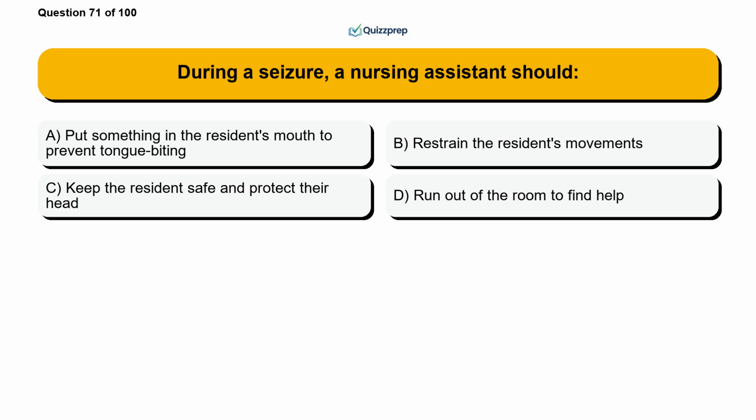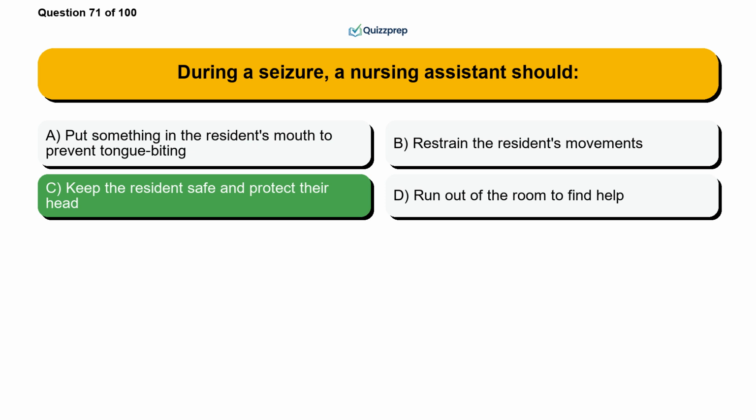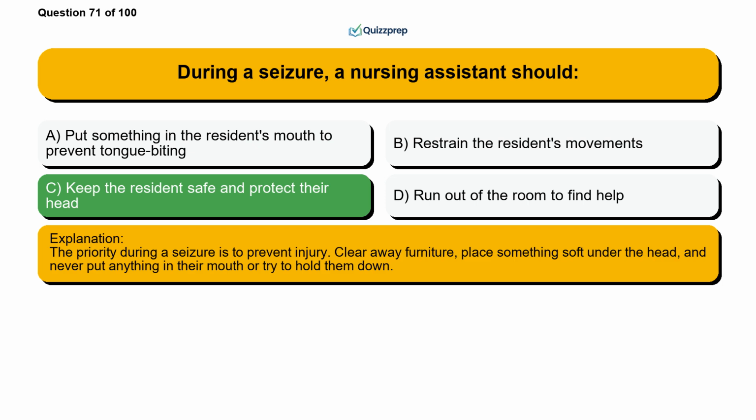Option B, restrain the resident's movements. Option C, keep the resident safe and protect their head. Option D, run out of the room to find help. The correct answer is option C, keep the resident safe and protect their head. The priority during a seizure is to prevent injury. Clear away furniture, place something soft under the head, and never put anything in their mouth or try to hold